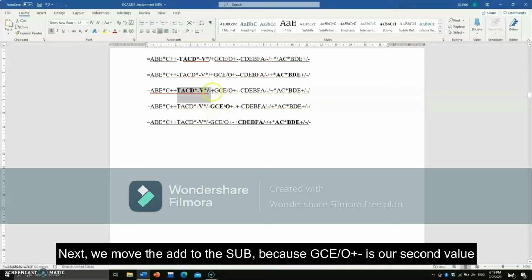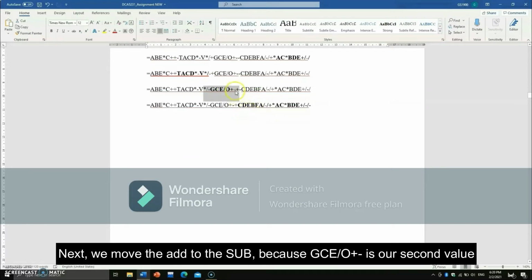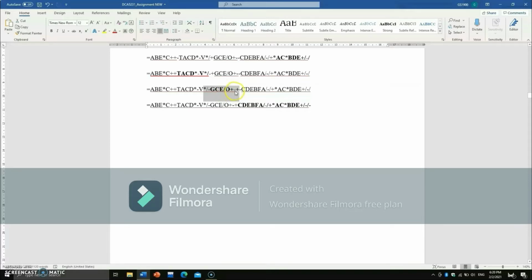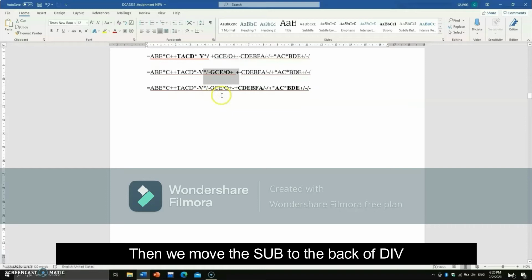Okay, then next we move the add to the back of subtract because GCE divide O add subtract is our second value. Okay, then we move the subtract to the back of divide,